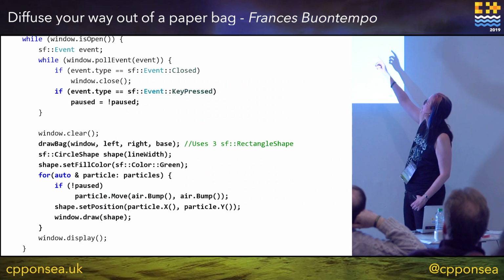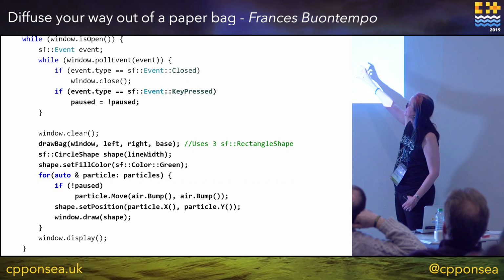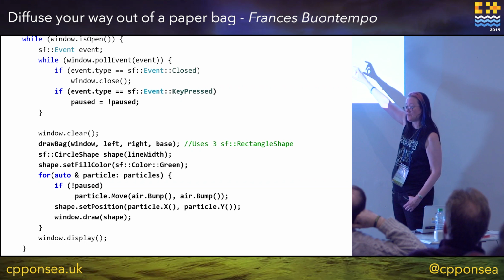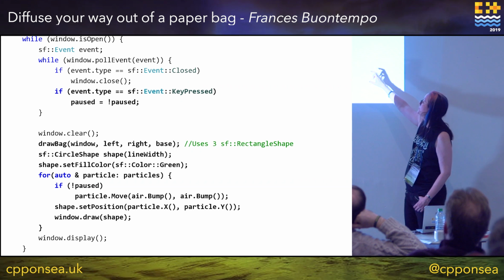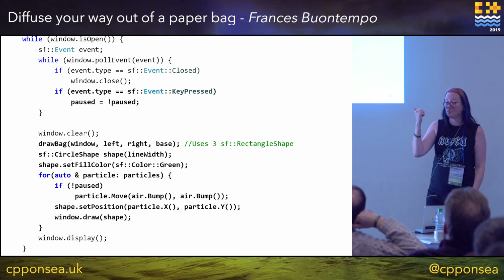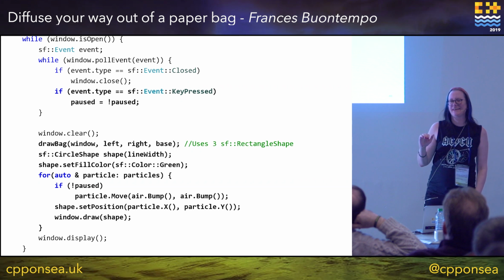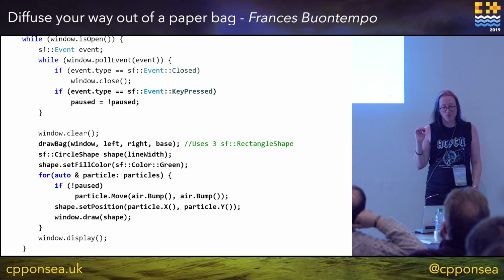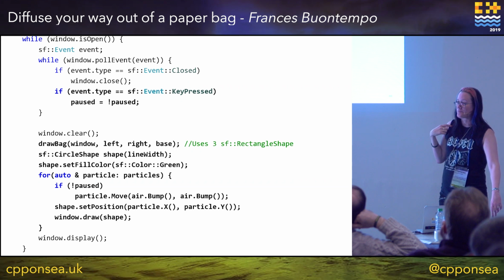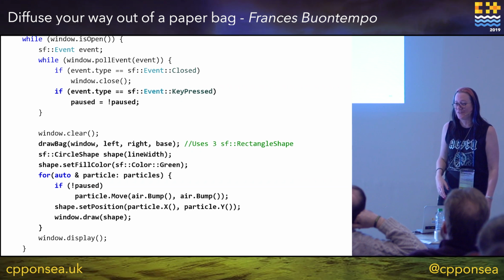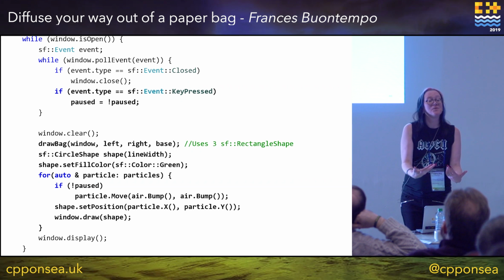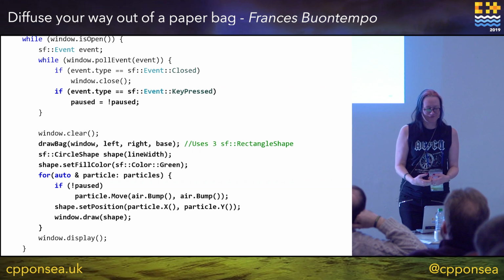So, like I said, I can pause the thing, and here's my coding my way out of a paper bag, bit of code at the bottom. I'm going to have a bag, so I'm going to draw 3 rectangles. You can figure that out yourself. If you desperately want the code, if you go to the Pragmatic Bookshelf, you can get the code even if you haven't bought the book and have a look at it. You might as well just try and build it up yourself.